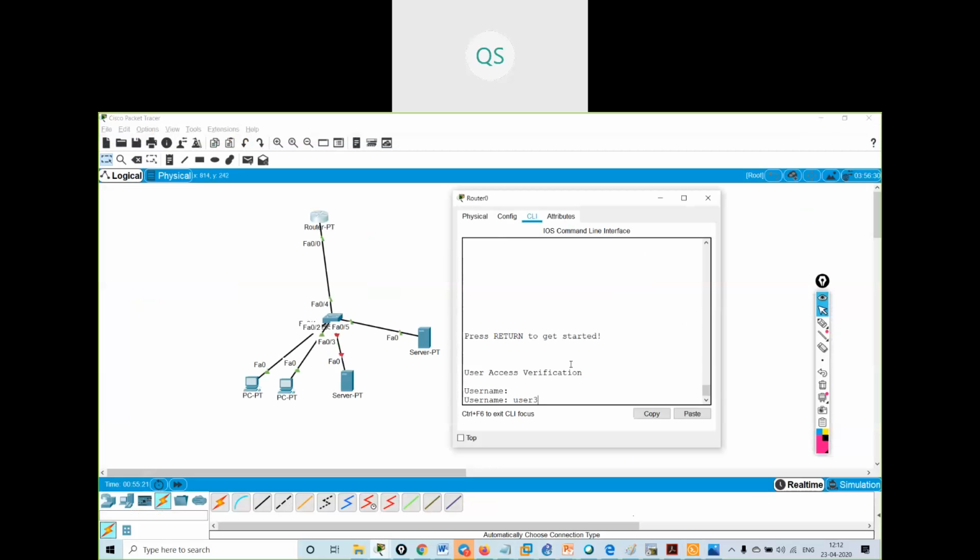User 3, user 3, enable, config terminal.